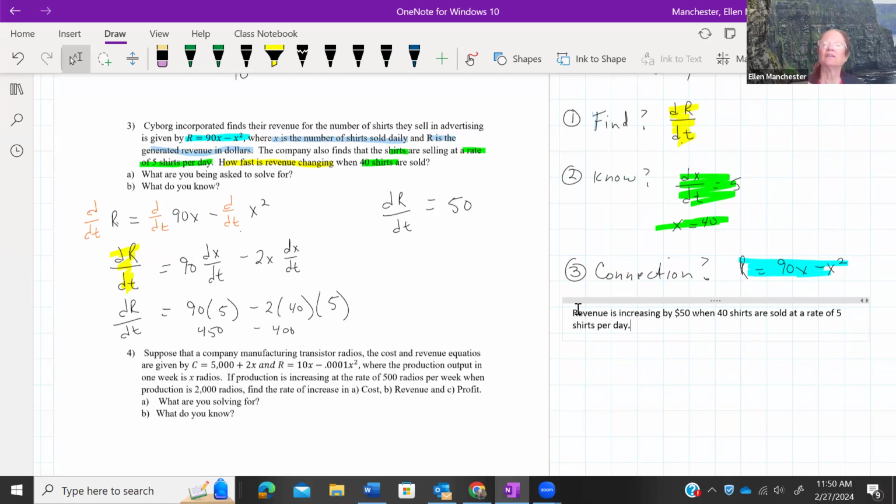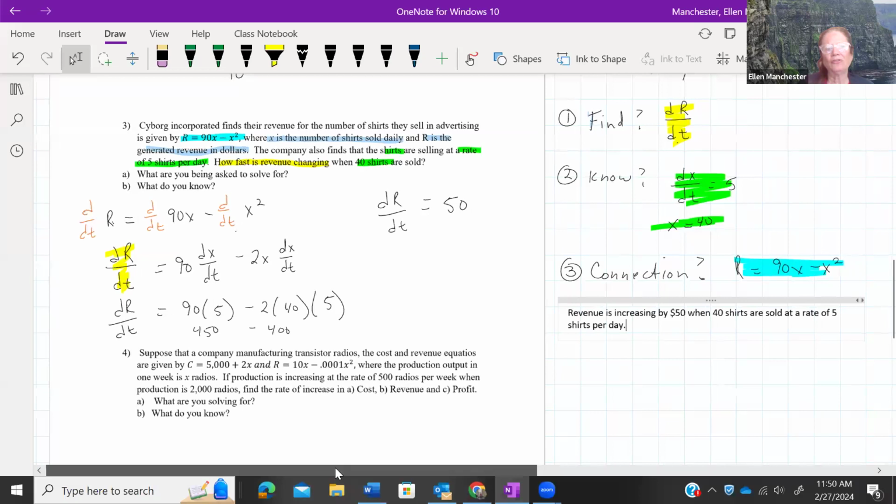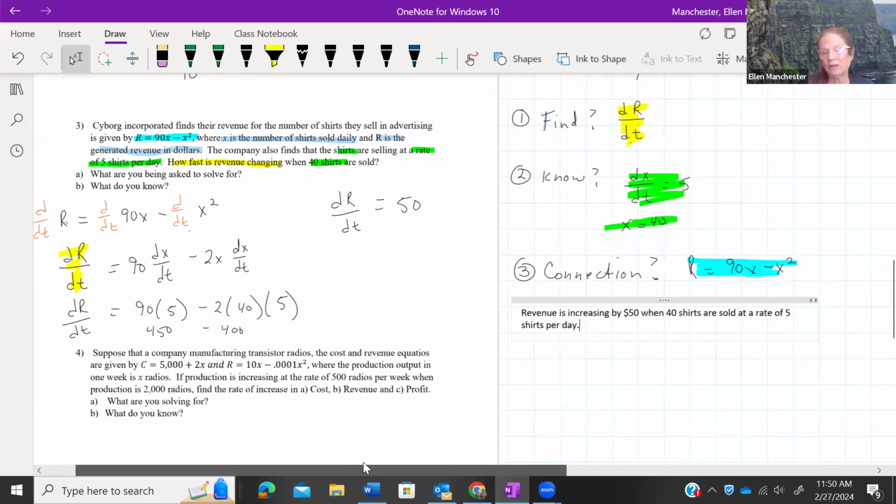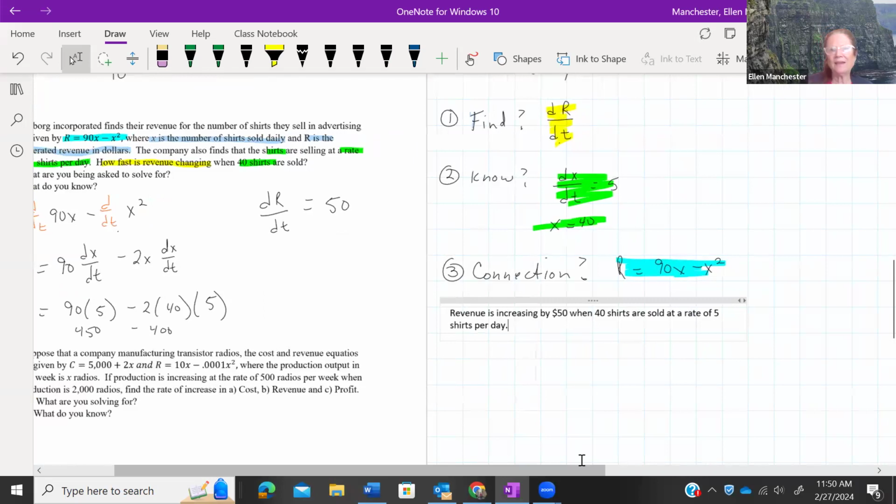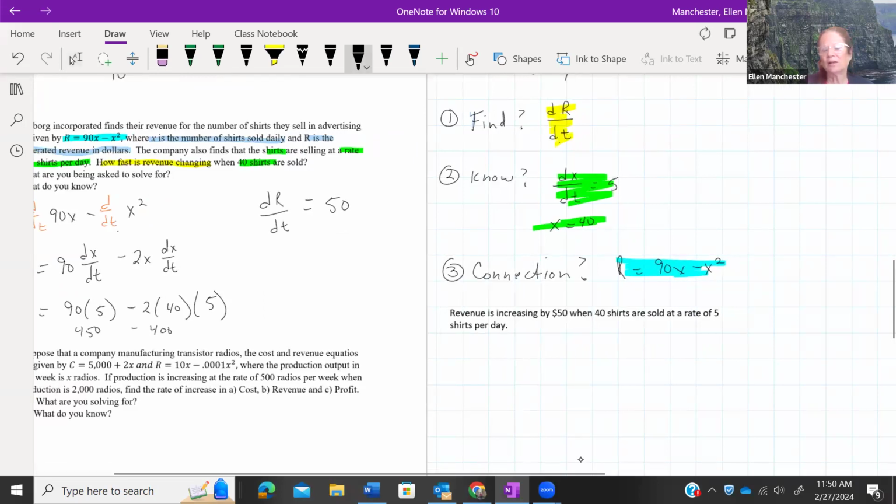Okay, now let's look at this even further, right? So that's the perfect way to do it. That's the answer to your question. That's how you're going to interpret it. But let me just change it up on you a little bit so that you can see how powerful this differentiation is. Let's say that our boss comes, right? The owner comes and he goes, man, 40 is not good. We're increasing our revenue by $50. I bet if I had more shirts, if I had 100 shirts, still selling them at 5 per day, I'm going to make bank. Okay, so let's try it.